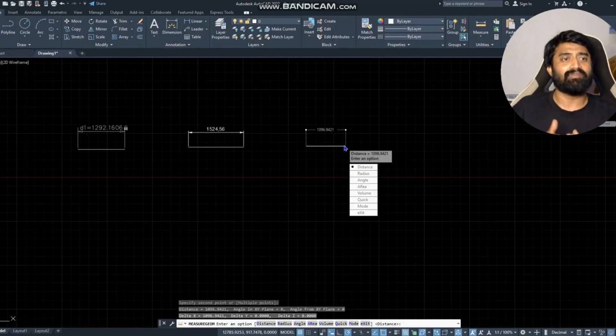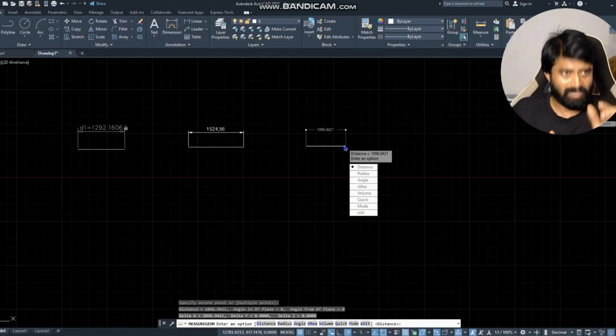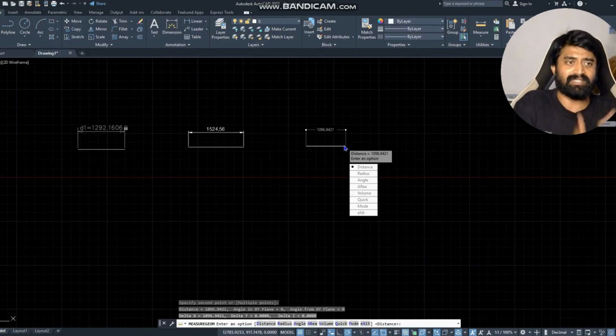At that time, for the client's confirmation, we will just use temporary dimensions. We will place the dimension, we will show it, and then it will disappear. In such conditions, the client's dimension confirmation will be cleared and he will see whether the exact dimensions are there or not, and the dimension will not stay on the screen, it will disappear. So the drawing will look clear. For these reasons, we have to use temporary dimensions. Now we are very clear where we have to use